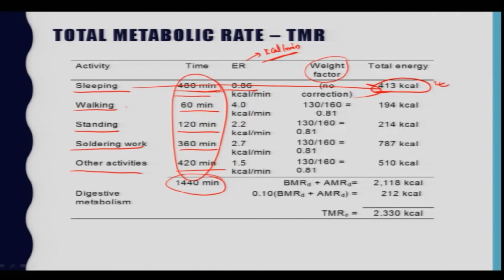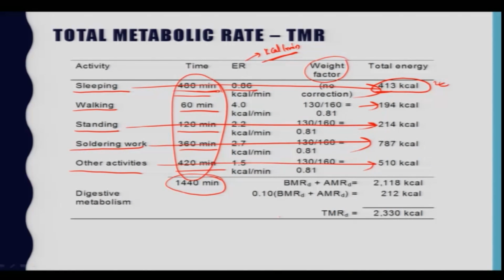For walking activity, this is 194 kilocalorie. For standing, the total energy is 214 kilocalorie. Soldering work is 787 kilocalorie. Other activities are 510 kilocalorie. So if you add everything,